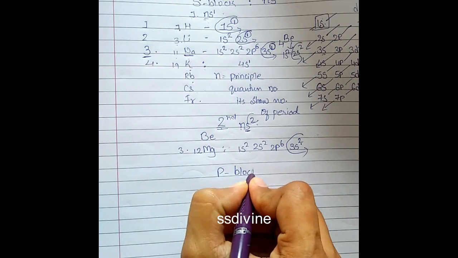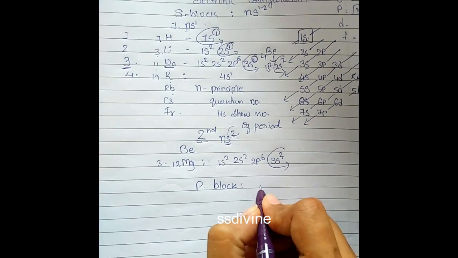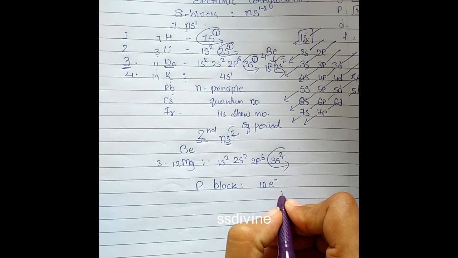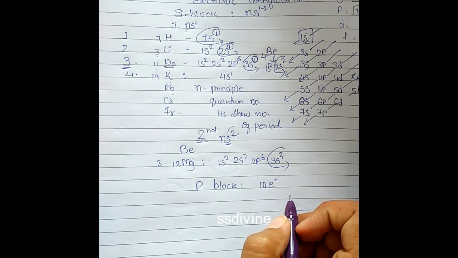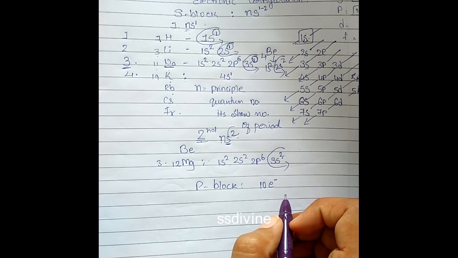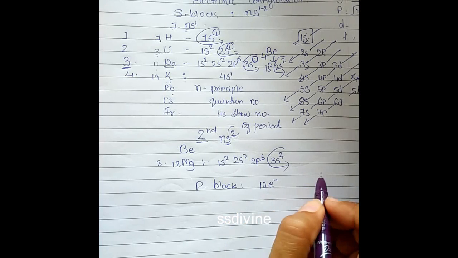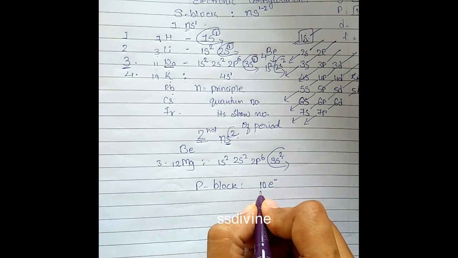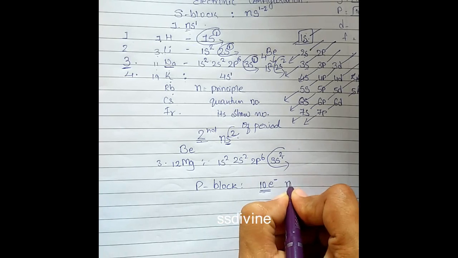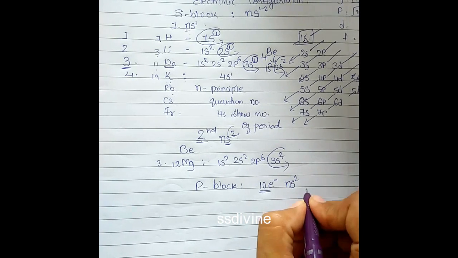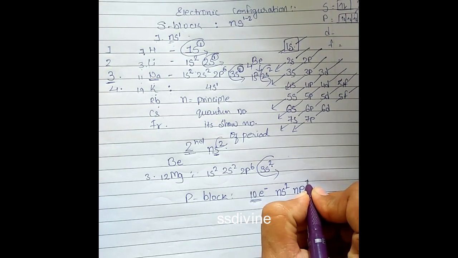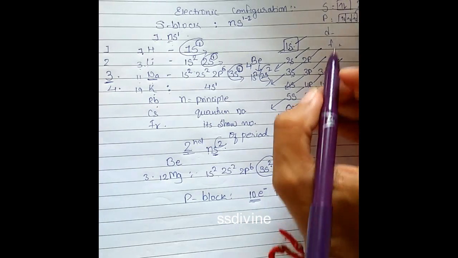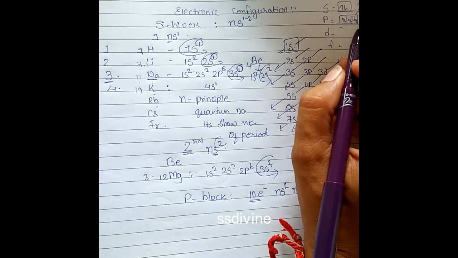So what happens in the p block? In the p block, the electronic configuration includes the 10 electrons of the d block, because the d block comes in between. We know the periodic table right now. On the left hand side there is the s block, 2 groups. Then in the middle you have the d block with 10 groups, and the p block has 6 groups. So 10 electrons of the d block, 2 electrons of the s block, and 6 electrons in the p block. So in the p block we can fill 1 to 6 electrons, because the maximum number of electrons that can be filled is 6.